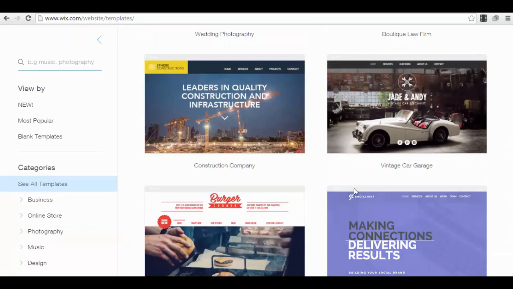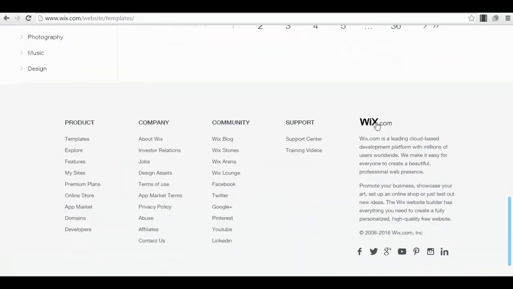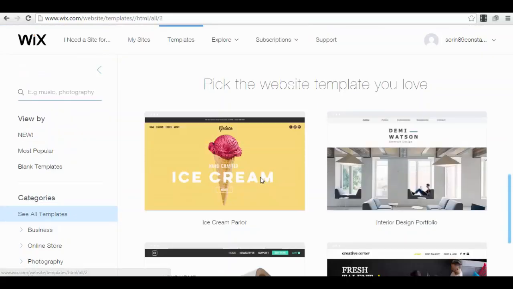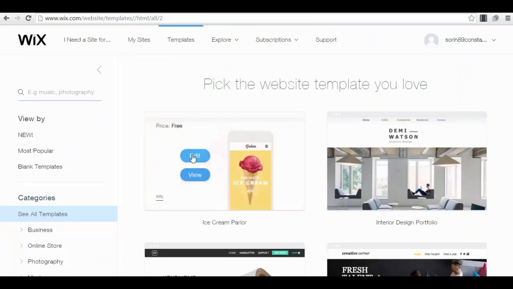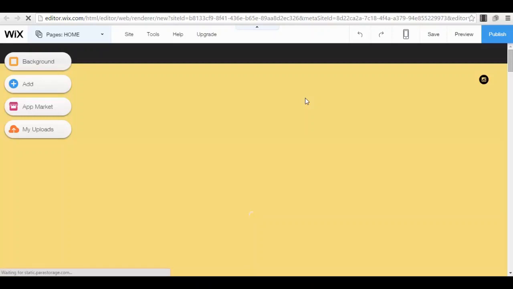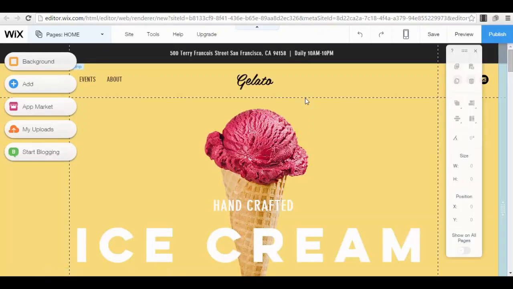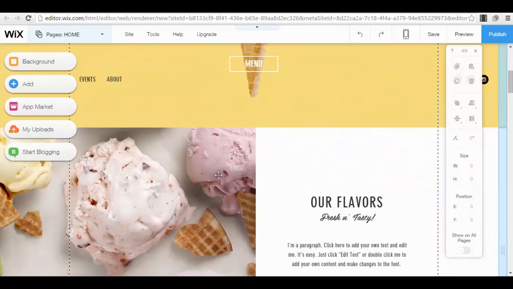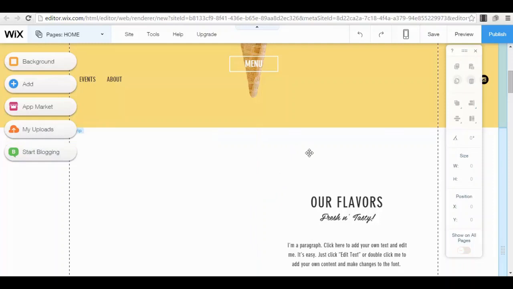And let's say, no, not this one. Okay, let's say we take this one. Ice cream, it doesn't matter. We wait for the editor to load, because I want to show you how simple it is. You just need a very simple web page. You don't need, oh, this one is complicated too. Okay,